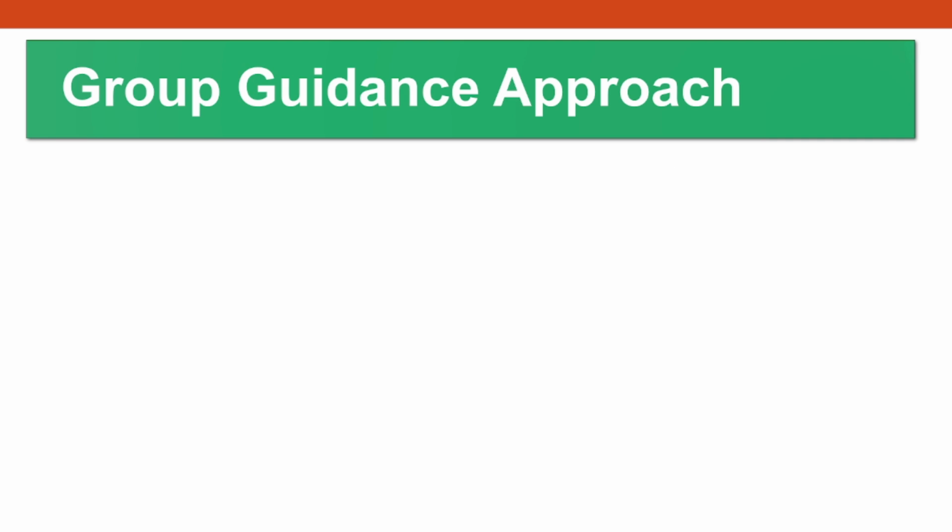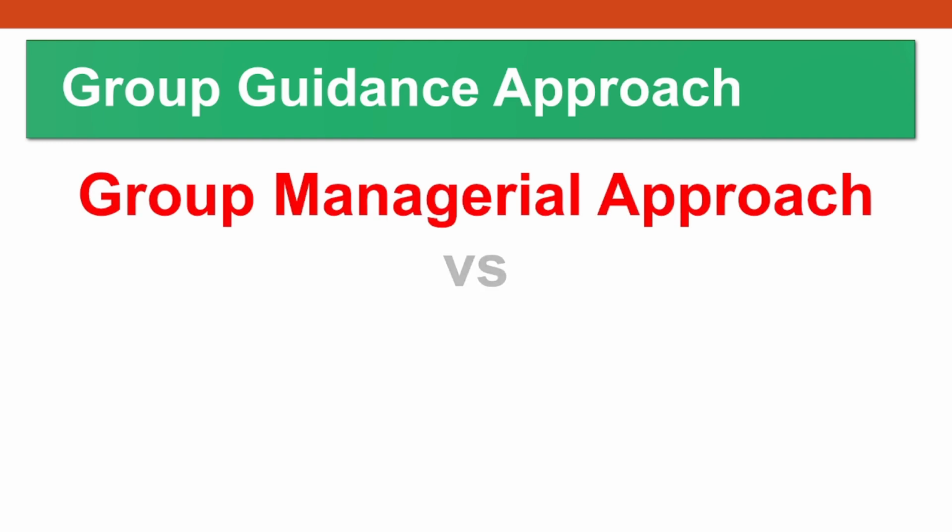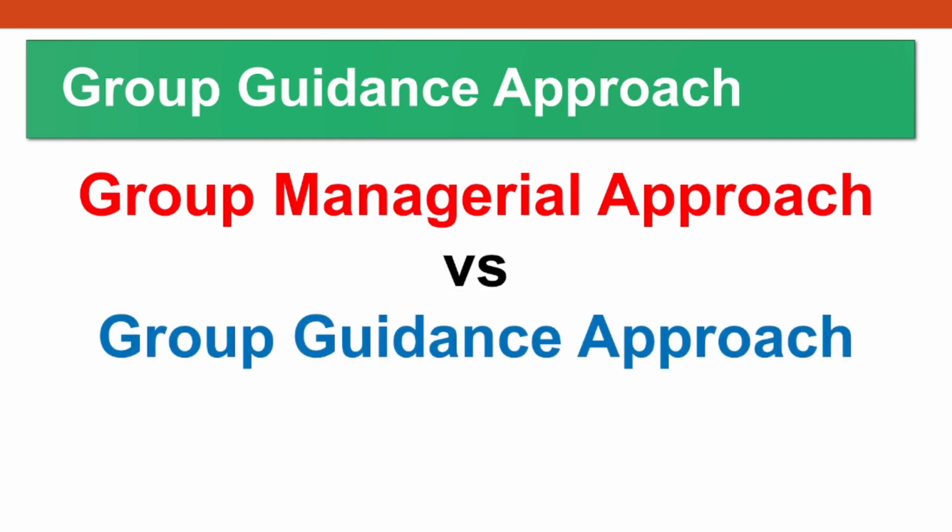You might be wondering how it is different from group managerial approach? First, the group managerial approach focuses on managing the classroom as a whole, where the teacher acts as the leader, setting rules and ensuring they are followed, but this is mostly done indirectly since student leaders assume and make it seem that the students are the ones deciding. This approach is more about maintaining order and structure, so everyone knows what's expected.